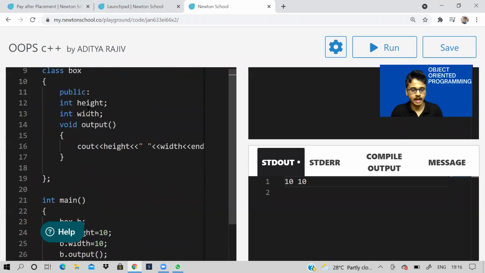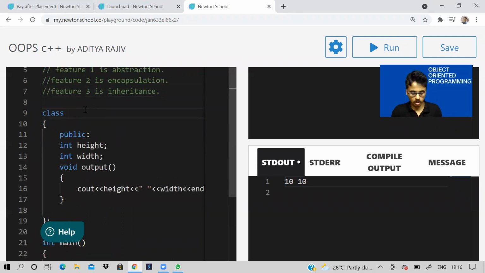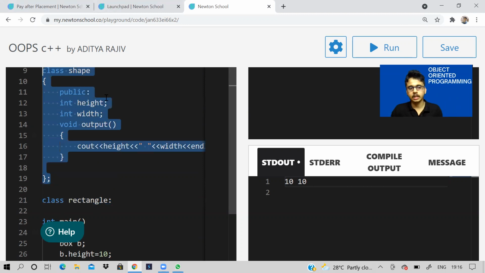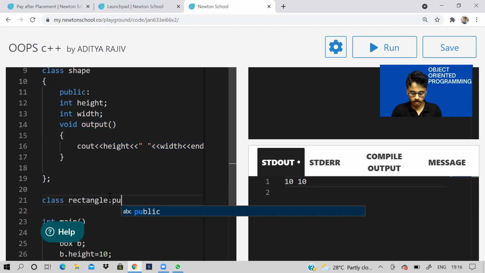So let us say I have a class called shape, and let us say I have another class called rectangle, and it is inheriting properties of another class. The class which is inheriting the properties is the derived class, and the class from which it is inheriting is the base class. So in our case, class shape is the base class and class rectangle will be the derived class.